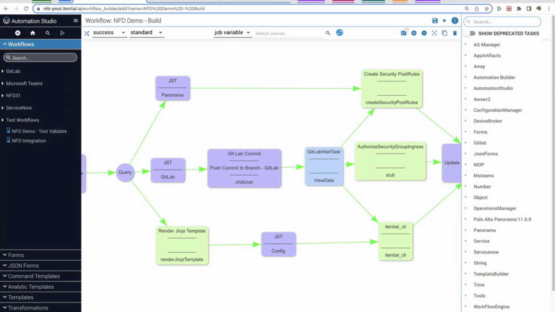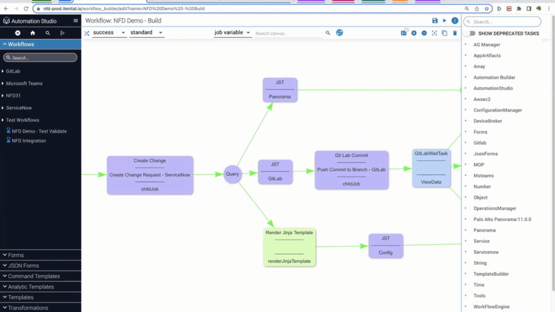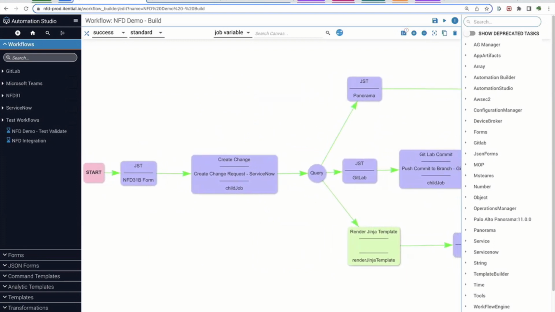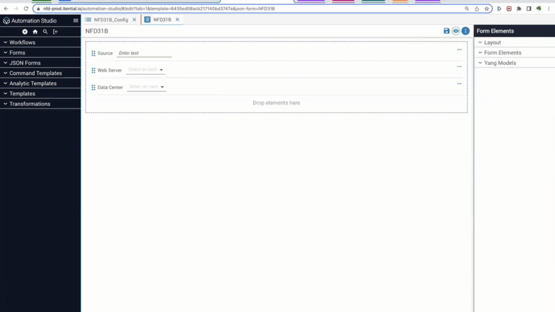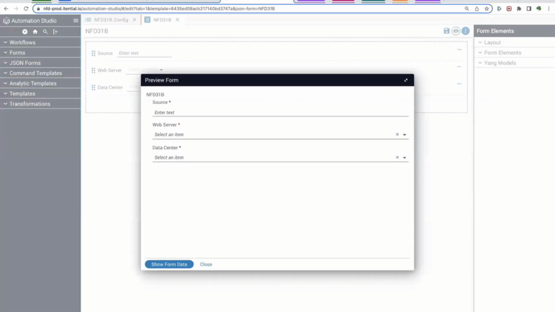Now, the first part of the automation that we're going to focus on is generating a form. I've got a form halfway set up, so let's take a look at that. So here's the form that I have set up today, and I can preview that quickly and show you. You're going to add a source IP address,